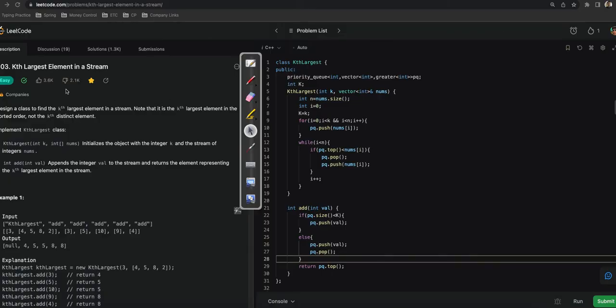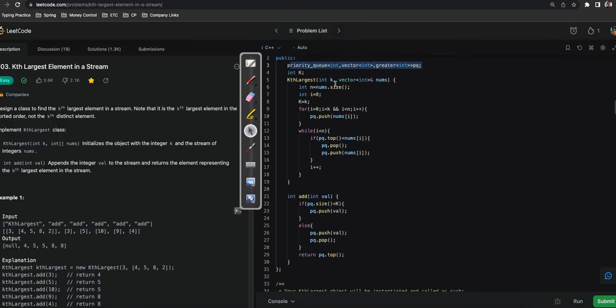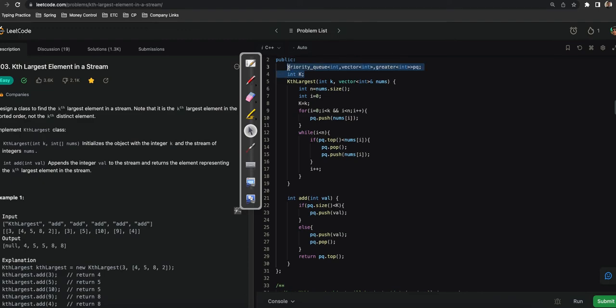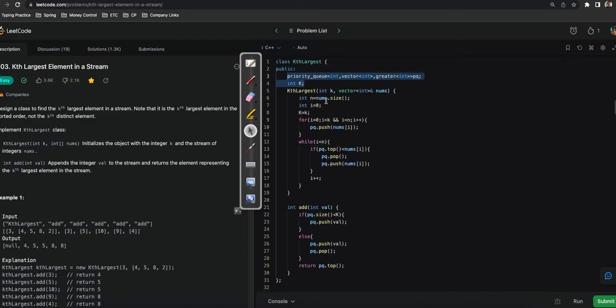Let's go to LeetCode, and the problem is slightly different: the stream is coming, and we need to find the kth largest element every time, but the concept would be similar. Now what I mean by that is that initially I just defined a min heap. You can see that I defined a min heap. After that I'm taking some class variable so that I can store it. After that, this is the constructor which is